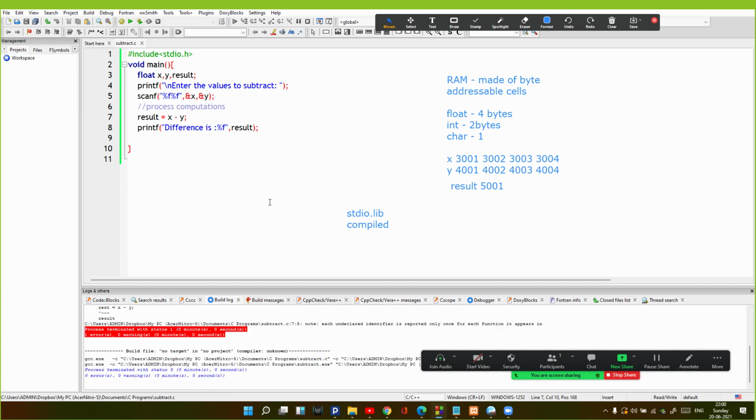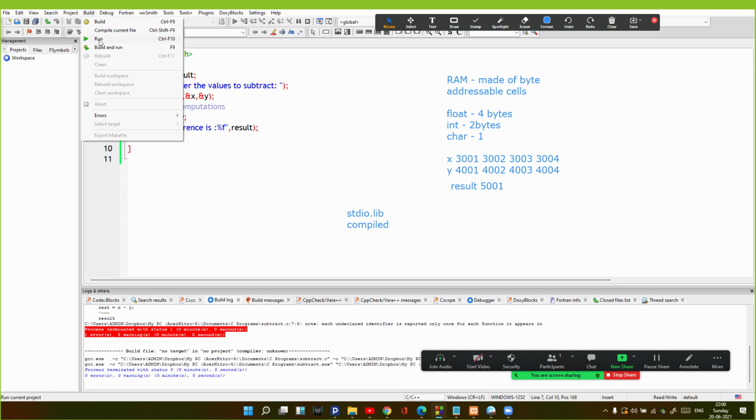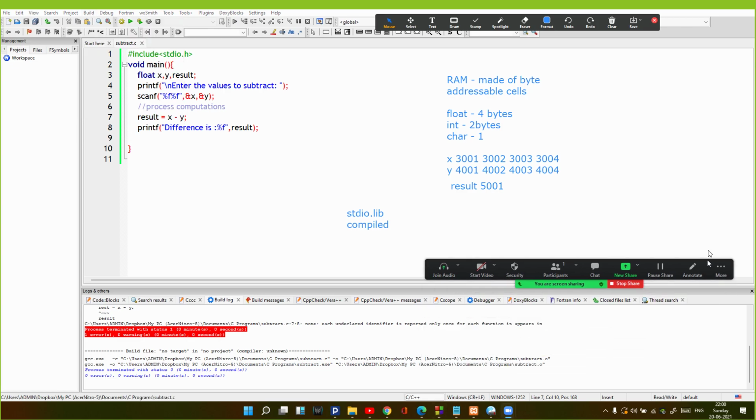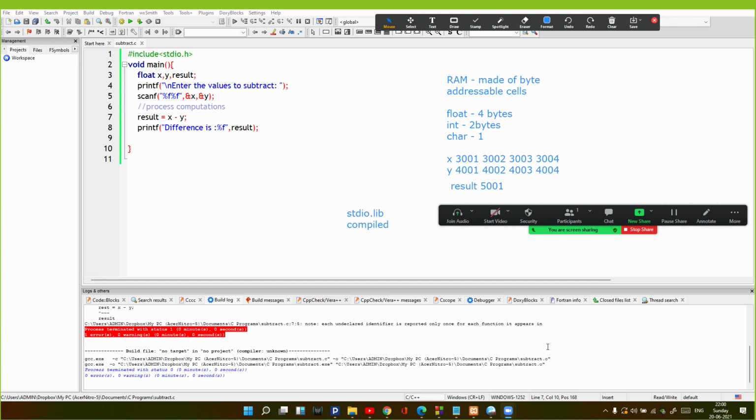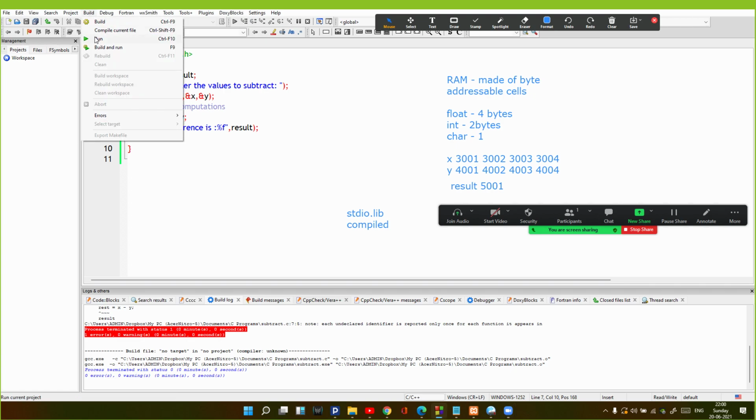After the compilation is complete, you go to the build option again and click on run to execute the program. Now the program will be loaded into the memory and the CPU will execute the instructions. Run also means that your program object file will be linked to the library file and an executable file will be created. We already saw that the object file, the .o file, is created, but there is no exe file yet that we need to execute the program.